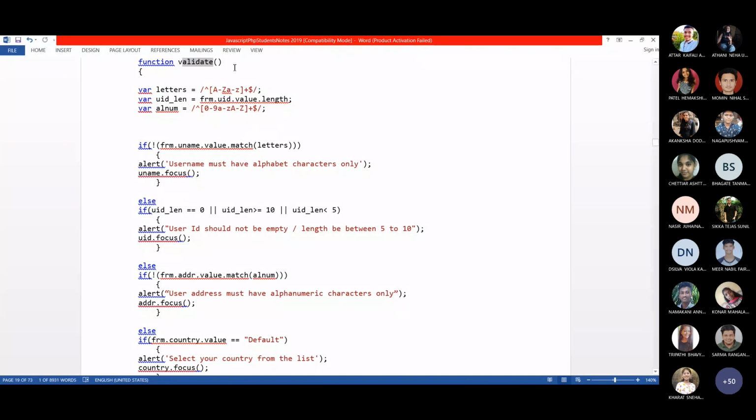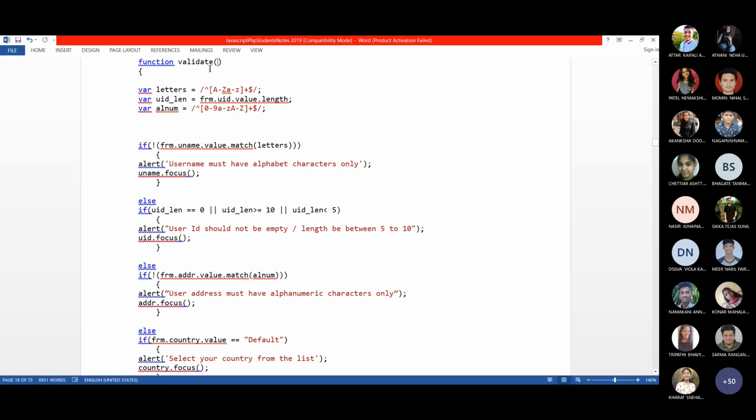You know that in JavaScript, a user definable function or user defined function should start with the keyword function, in small letters. Okay, this is a keyword. And followed by that, I can write my own function name, whatever I want to keep. Here we may or may not pass parameters. To pass the parameter, I have a program I will show you after completing the validation.